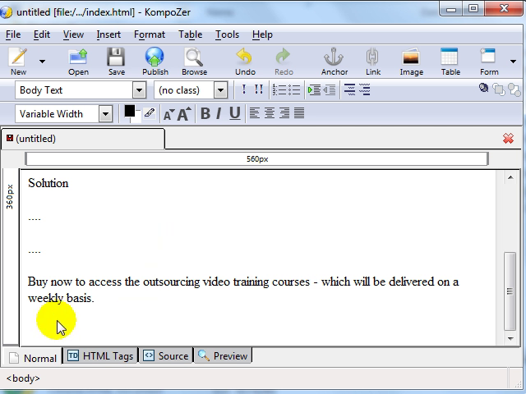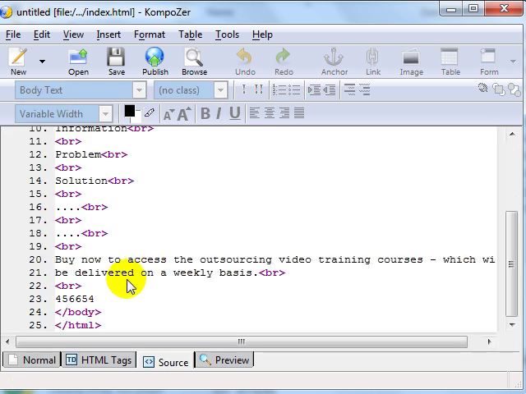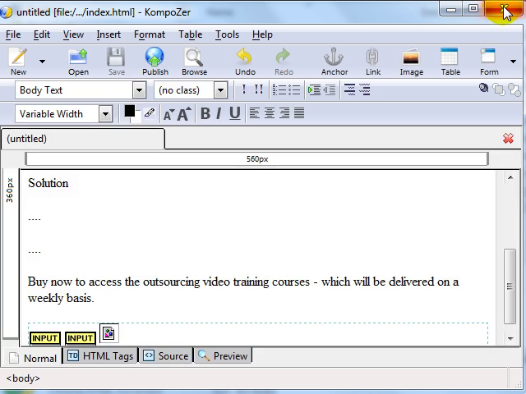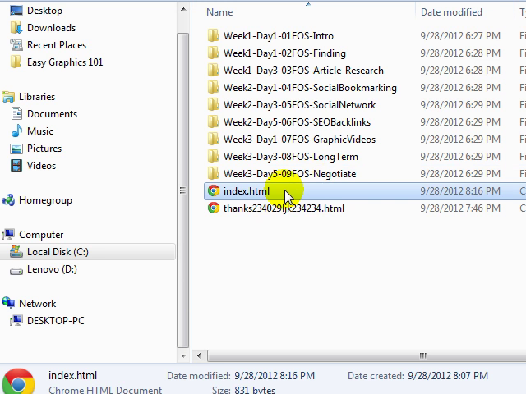And then in this case, I wanted to add the payment button here. So I'm going to put some sort of code that only I know, 456654. And then if you go to your source code and you look for that code, all you have to do is highlight this and simply copy that PayPal button information, that code that we got previously over here. And once that's done, I click on save. I can click exit. And if I double click this,